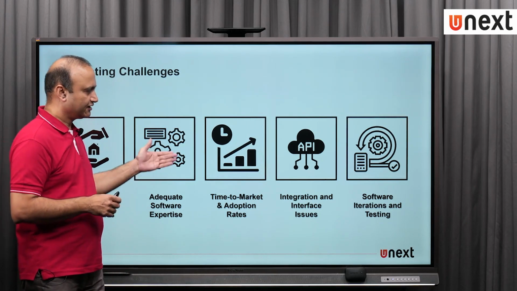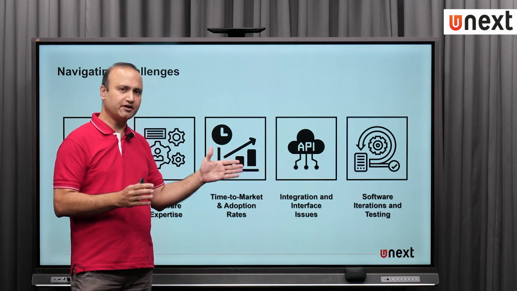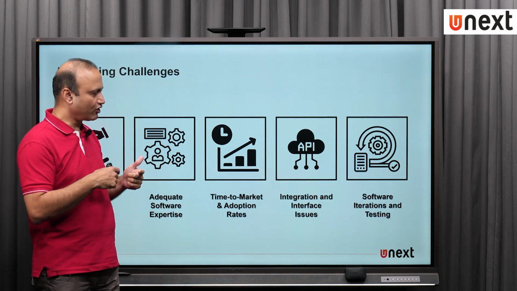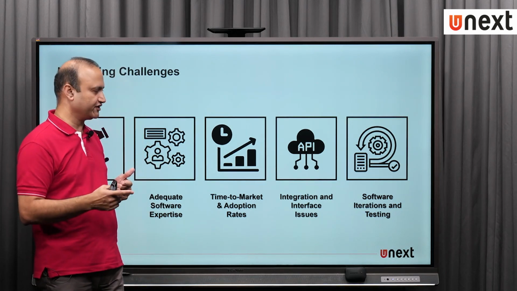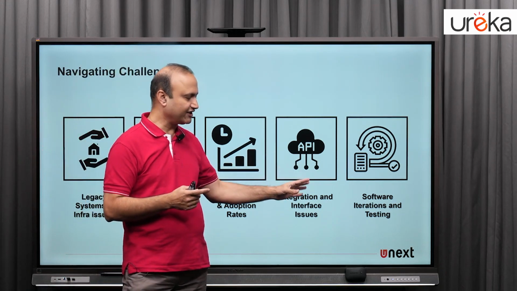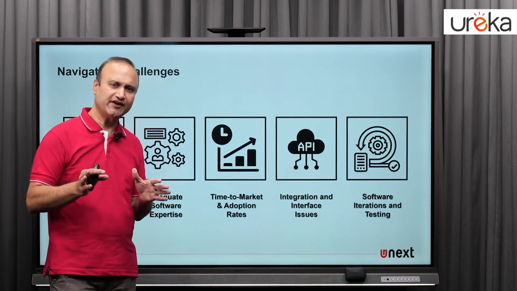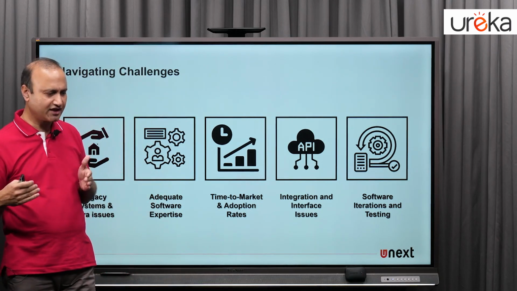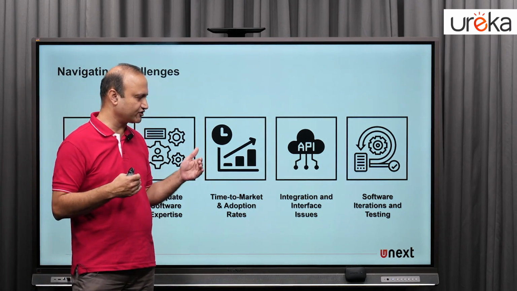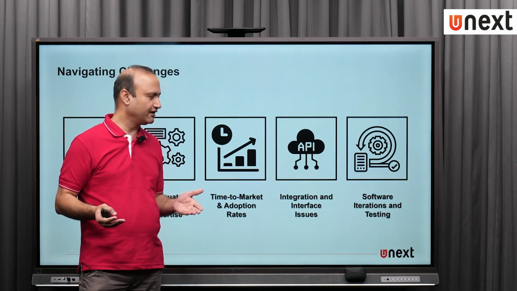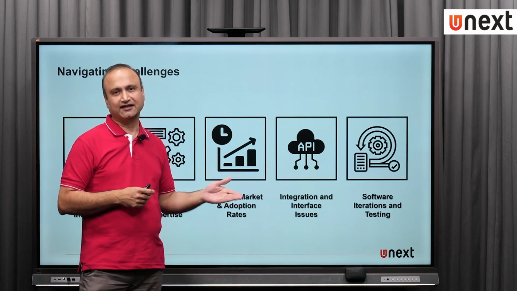And of course, the core of modern product engineering is its ability to iterate, the ability for organizations to iterate and release new features. So from a software iterations and testing perspective, like automation testing, for example, in today's world, if a modern organization has not adopted the culture of automated testing of its product releases, their time to market will be significantly impacted.